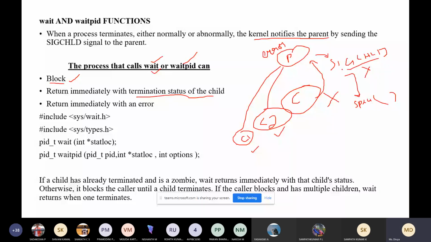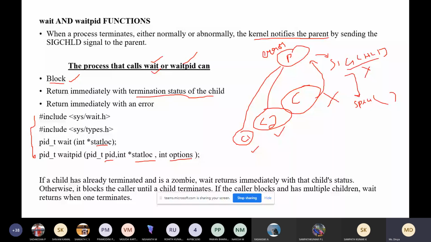So this is the prototype of wait and waitpid. In wait we have one parameter, and in waitpid we have 3 parameters. The difference between these two is that wait can block the caller until the child process terminates.